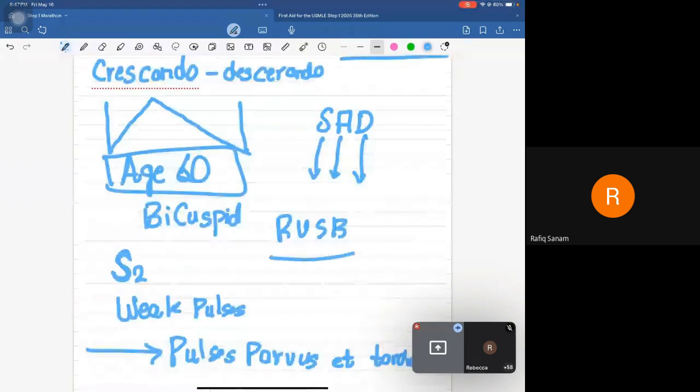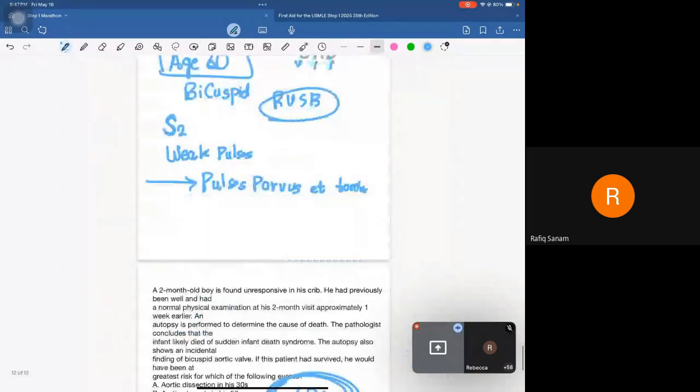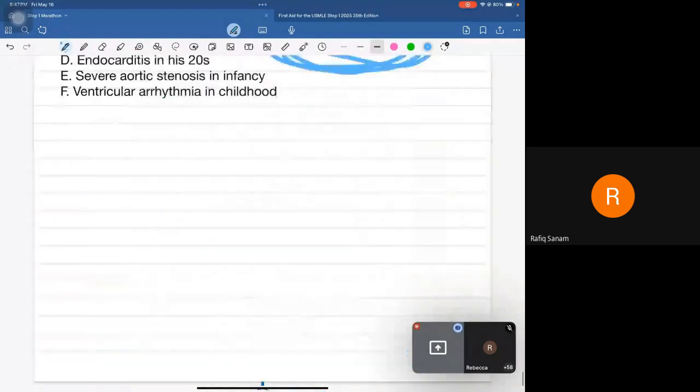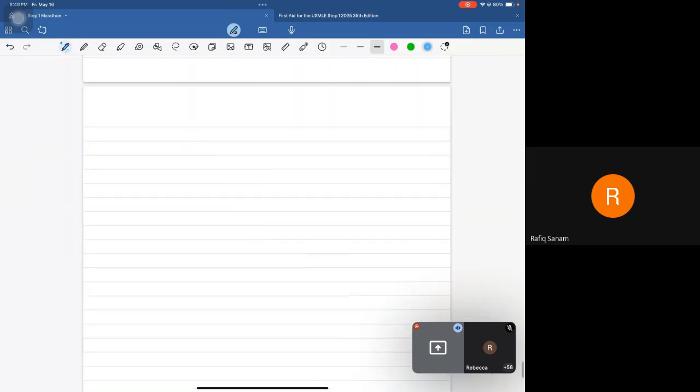heard at the right upper sternal border, right? And the pulses would be delayed. At the same time, the murmur would radiate to the carotid. And these people also have sometimes an S4 heart sound. And why do these people have an S4 heart sound? This is important. Because in case of aortic stenosis, the valve has become so narrow that there is increased afterload